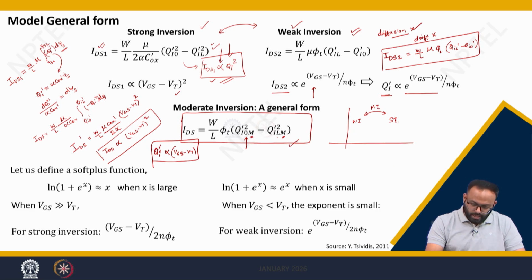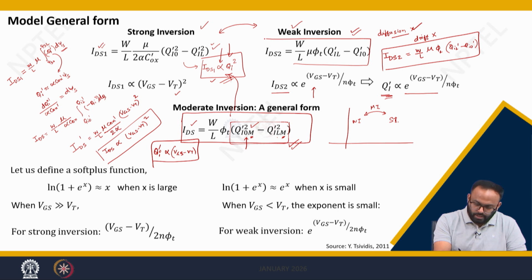So this is the equation I am following, where W by L into phi t into Qi0 dash square minus Qi dash L dash square, right? Now if I want to use this, then I can directly use the strong inversion model because the current is square dependent on charge. But suppose if I want to use this, then how can I rewrite this equation in terms of square? So this IDS2 can be written as